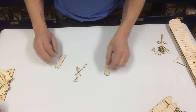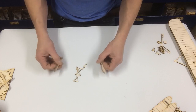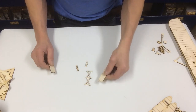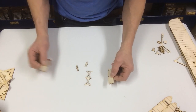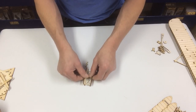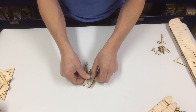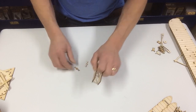Okay, so if you look at your directions, it starts with the rudder. There's 5 pieces to the rudder. We've got our engraving on the outside. I like to have the smoky side on the outside, so I'm going to put it down. This would be a good time to put a couple drops of glue right on those tabs sticking out, and we're going to slide these in. Slide it in there. Hold it together, and then